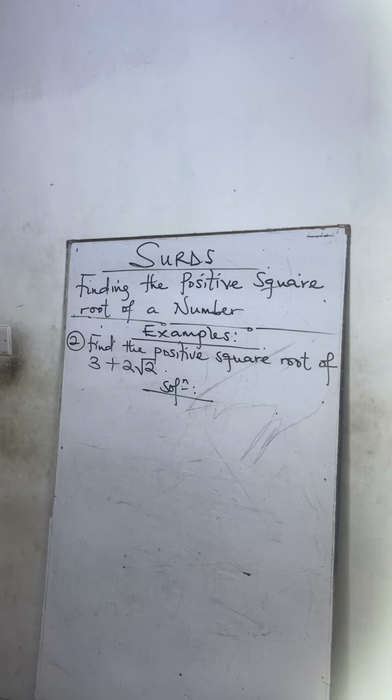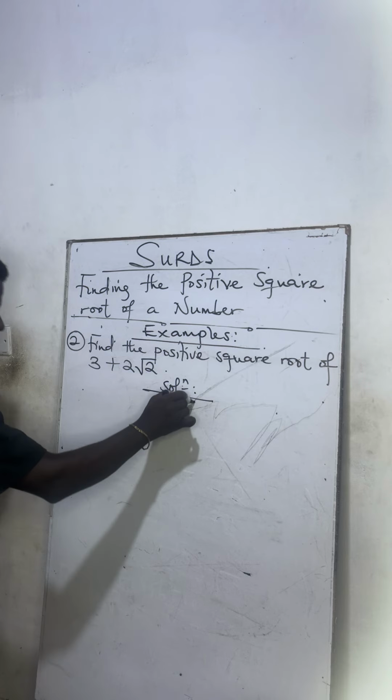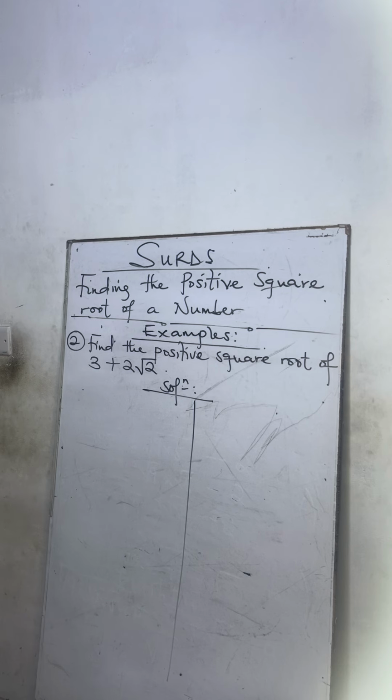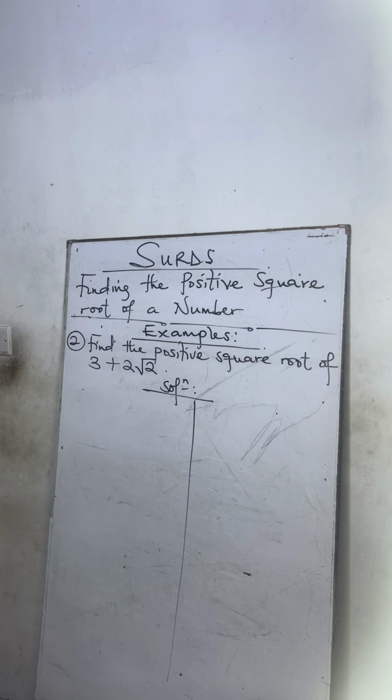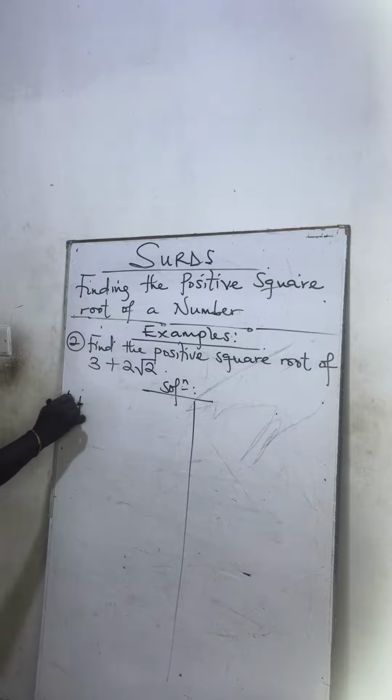Alright, so let's see, find the positive square root of 3 plus 2 square root of 2. Let me divide the board so that we can get more space to do that. The same thing, this one is plus. Let's find the positive square root of that. Now this is plus, so we will use